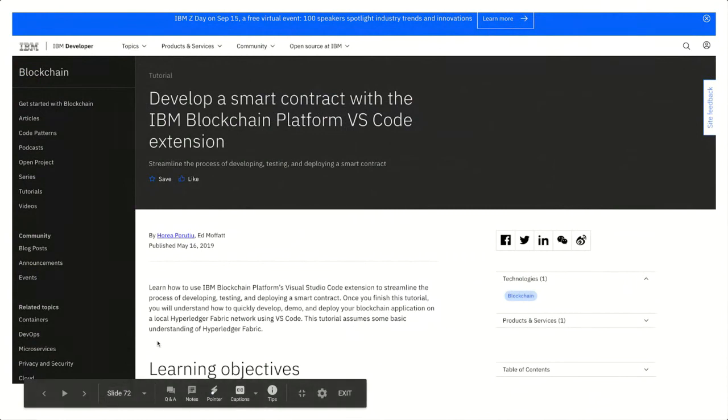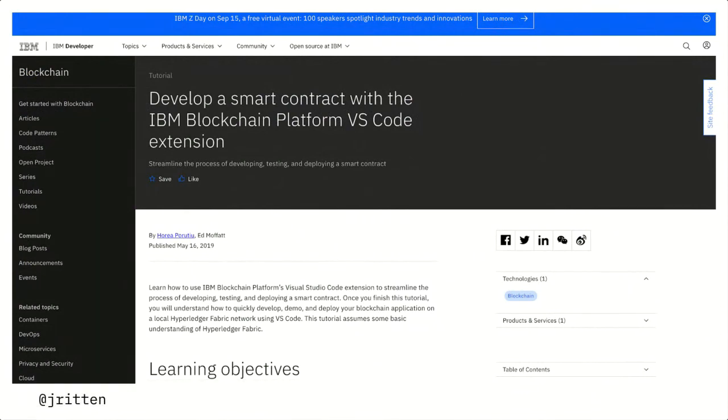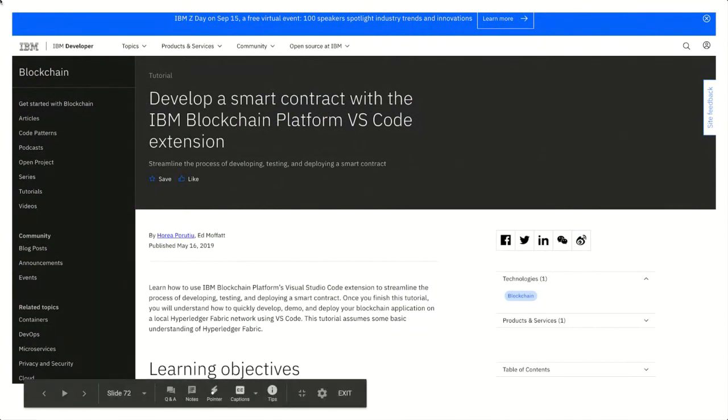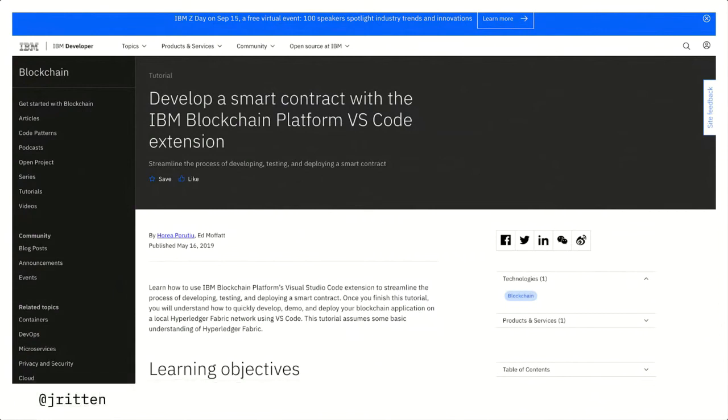So now that we have everything set up here, I have in the slides also put all of the prerequisites. So just for reference, the prerequisites for getting everything installed and running on the VS Code extension, and being able to develop a smart contract with the IBM Cloud Blockchain Platform and the VS Code extension. You'll need VS Code 1.32 or greater. And again, this is all in the comments on the slides, so you have access to all of them.